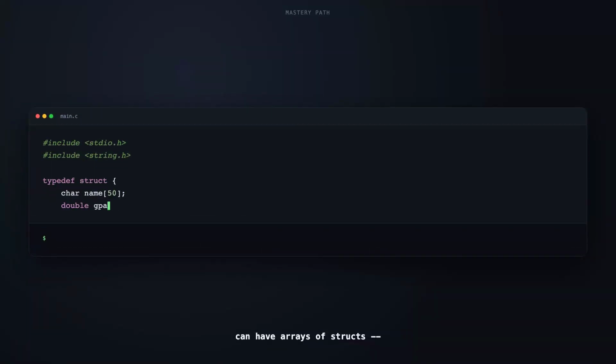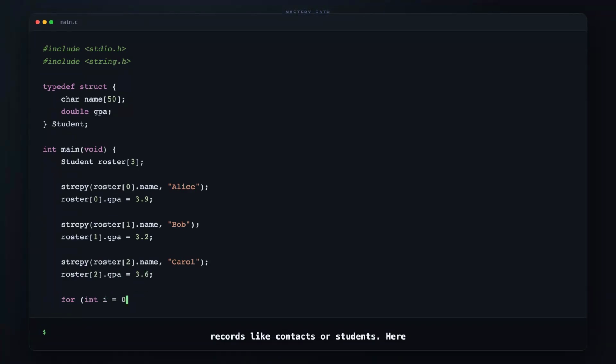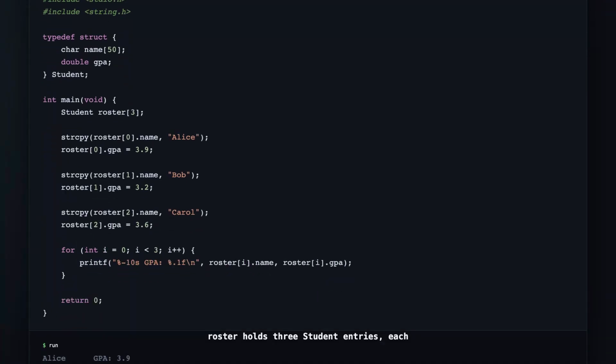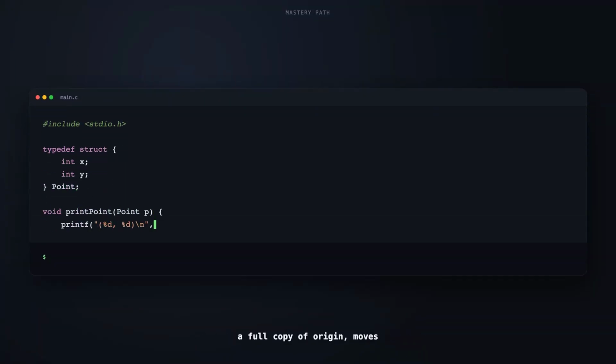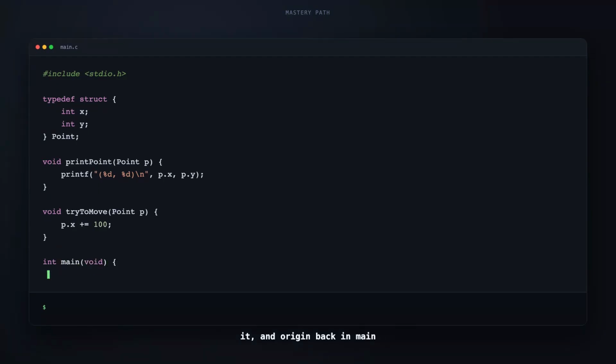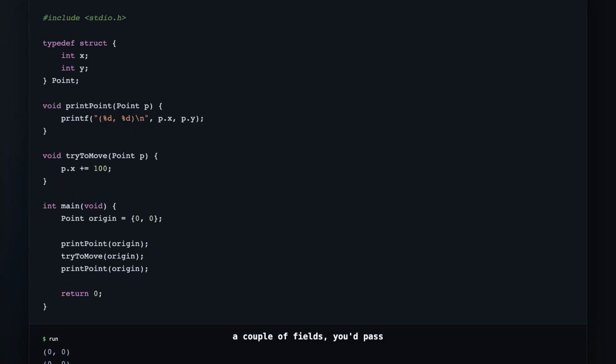Just like arrays of int, you can have arrays of structs, perfect for managing a list of records like contacts or students. Here roster holds 3 student entries, each filled in with strcpy and a GPA, then printed in a loop. And structs inherit the same pass-by-value rule functions always had. Try to move receives a full copy of origin, moves it, and origin back in main never changes. For anything bigger than a couple of fields, you'd pass a pointer instead, the deliberate next step once you reach